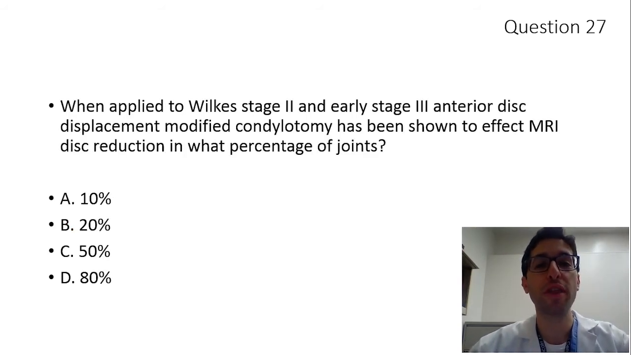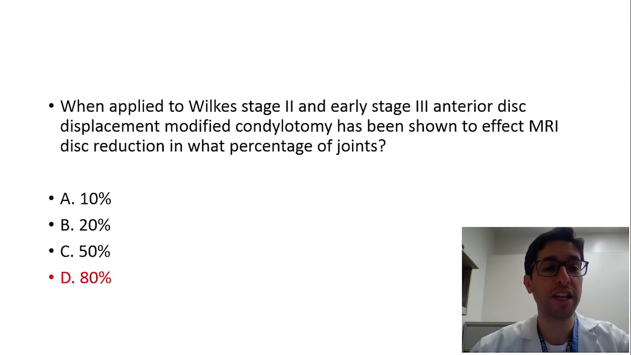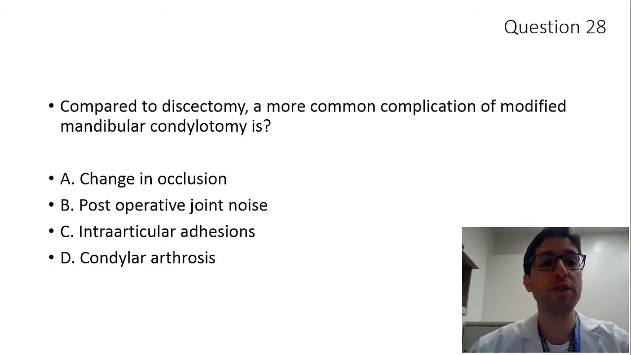When applied to Wilkes 2 and 3, modified condylotomy is effective in what percentage? So we just said it is effective, but how effective is it? Well, if I had to choose, I'm going to choose D, and you would have chosen right. Yes, it's very effective. There are studies that show, I actually saw studies that show even 10 years later, the anatomic position of the disc drops from 80 to 60, but that's still fairly effective. So if you intervene on a Wilkes stage 2 and an early 3, you can get 80% of the discs. They did an MRI post-op a year later and 10 years later. 80% of the time it will be in the right position. Okay, compared to discectomy,